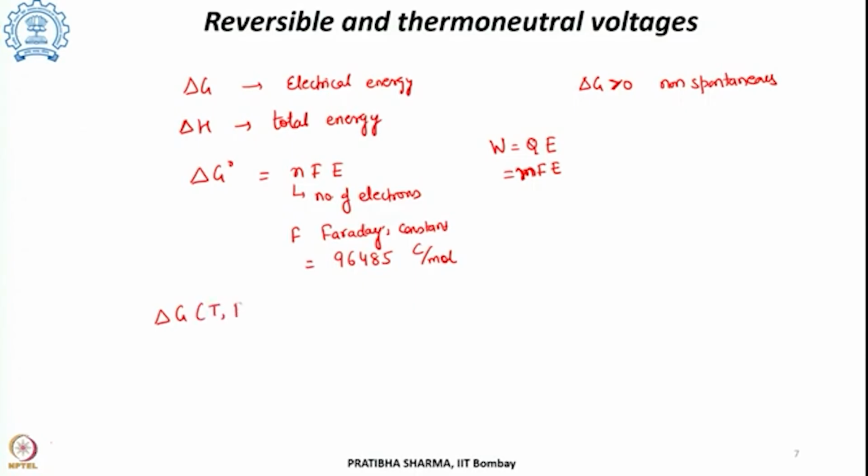Now, for this particular transformation, if we see the delta G change as a function of temperature and pressure, this is the change in the enthalpy as a function of temperature and pressure minus the T delta S term, and this is greater than 0 for the process. So, if this transformation occurs at a temperature T and pressure P, then this is the related equation. This is the net electrical energy input, this is the net heat required for the process, and then we can write the